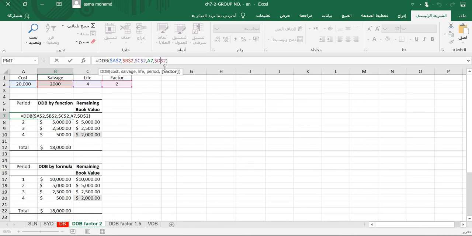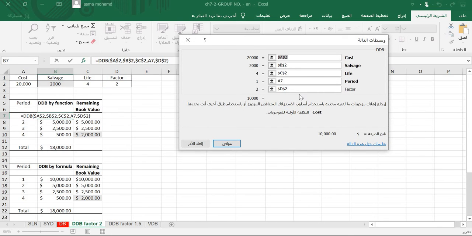Now the last one is the factor. If you open the FX and you see what it says about factor, the factor of double declining balance is 2. So if we write 2, it will use 2. However, if we ignore it, since it's not in bold,